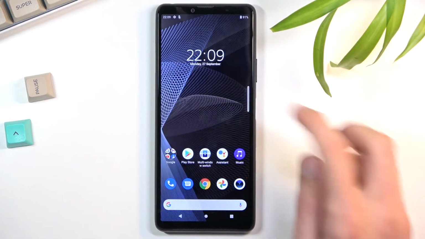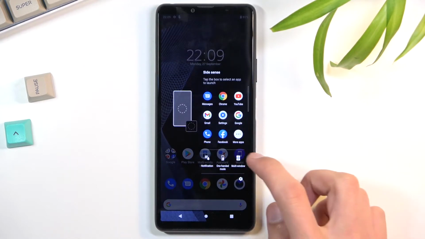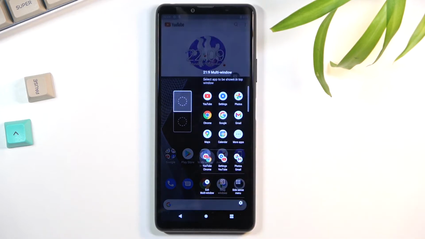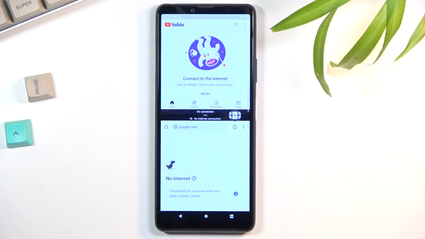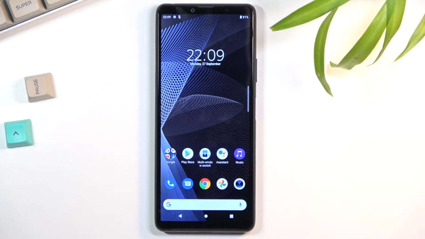And all you need to do is just double tap it. Double tap it and then tap right here and choose whatever combo you want to use. And there we go. As you can see, we are now split screening fairly quickly and easily. I wish that actually more devices would have this option for you to create app combos for split screening, because this is really handy. Now anyway, moving on to the next option, it's going to be the gesture navigation, which